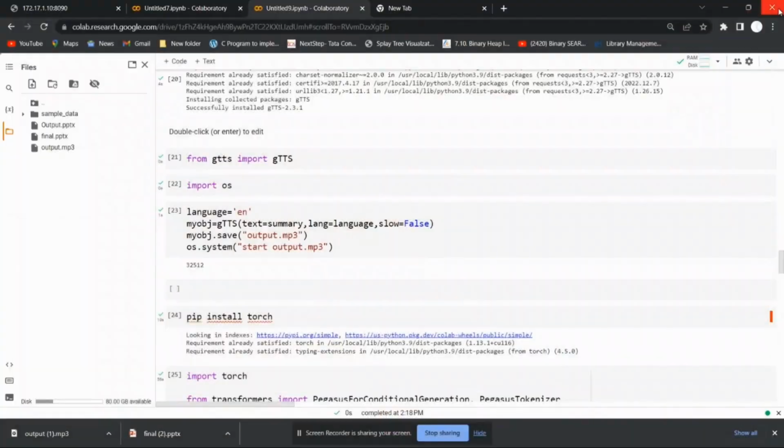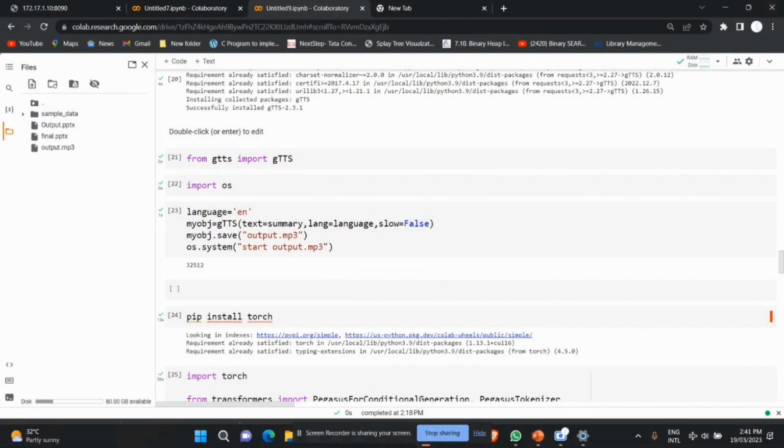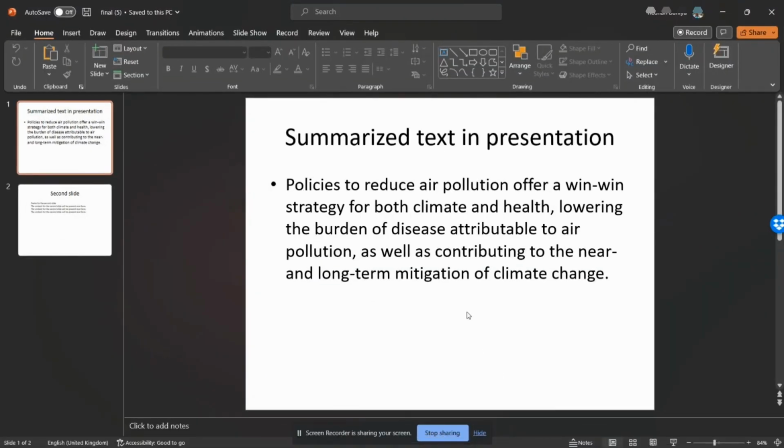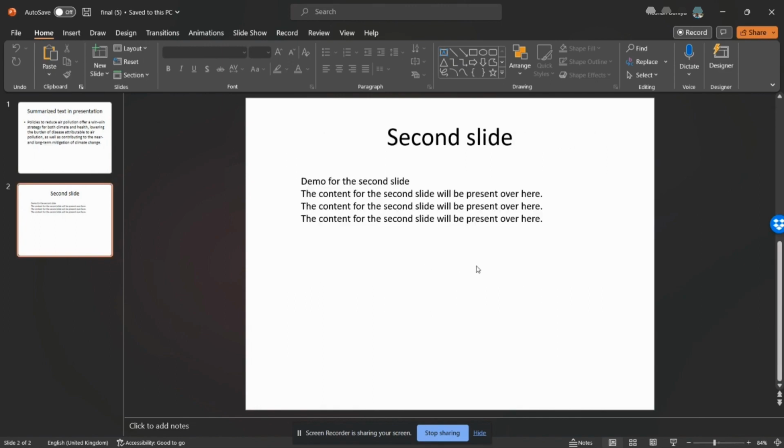We can see both. The PPT that we have received shows "summarized text in presentation, policies to reduce air pollution." It is shown here. It is also shown in bullet points. And the second slide, for which we didn't give the content, is written as a demo for the second slide. So all